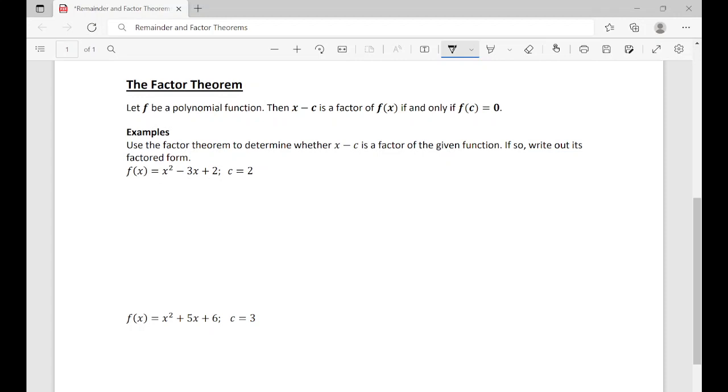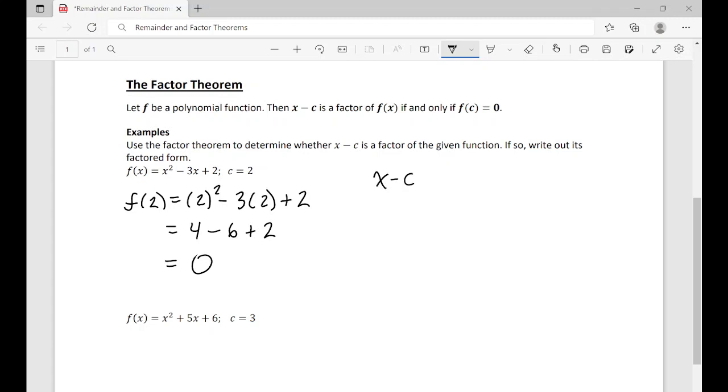So what we're going to do is take our c value, which is 2, and do f of 2. So 2 squared minus 3 times 2 plus 2, and we're going to see what we get. 2 squared is 4, 3 times 2 is 6, plus 2, and then 4 minus 6 plus 2 is going to give me 0. So since I have f of c equaling 0, so f of 2 equaling 0, I can say that x minus c, in which case c is 2, so x minus 2, is a factor of the